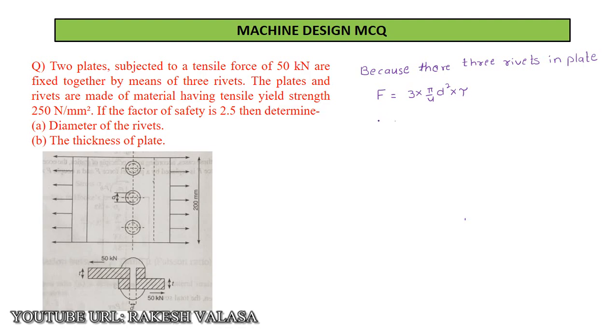From this equation you can write the d value because he is asking for the diameter of the rivet. So write tau equal to 4F by 3 pi d square. You can also write d equal to under root 4F by 3 pi tau. Now substitute values, under root 4 into shear force,